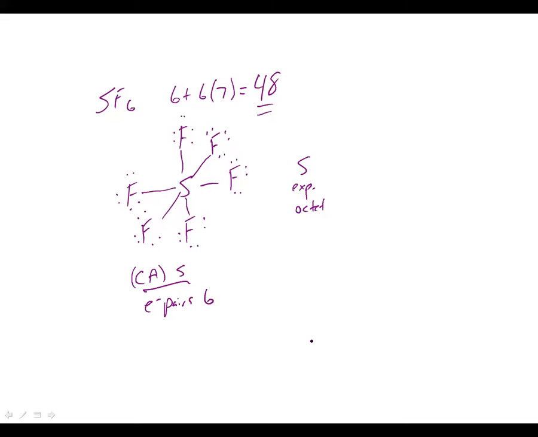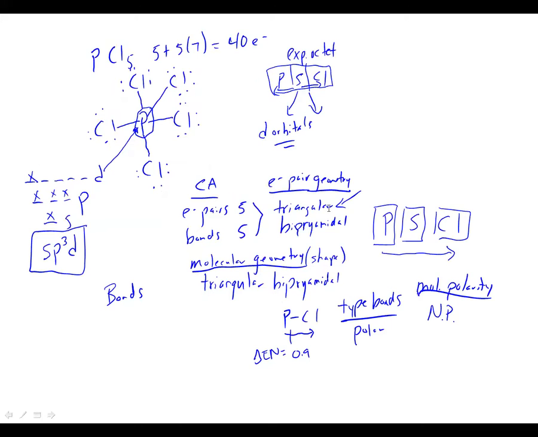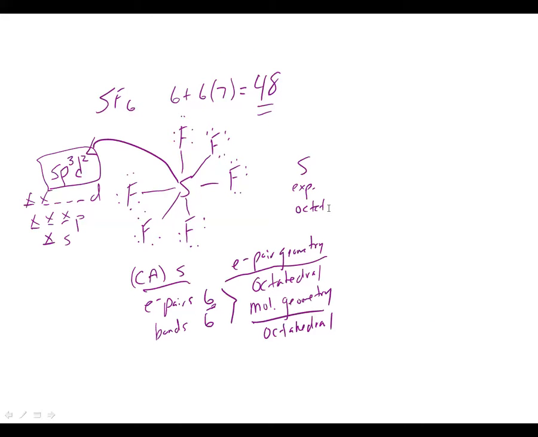So again, although the electron pair geometry I don't think was on that list, the electron pair geometry here is going to be octahedral, which is what we get when we have 6 electron pairs. And again, because there's no non-bonding electrons, both the electron pair geometry and molecular geometry are the same. Let's see, types of bonds. Again, we want to look at sulfur and fluorine, because fluorine